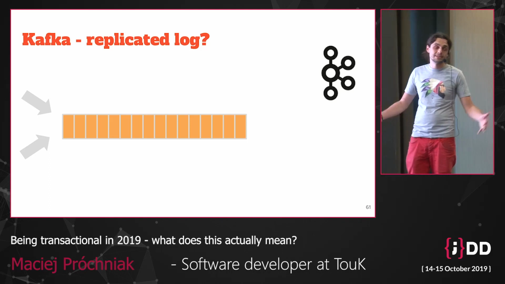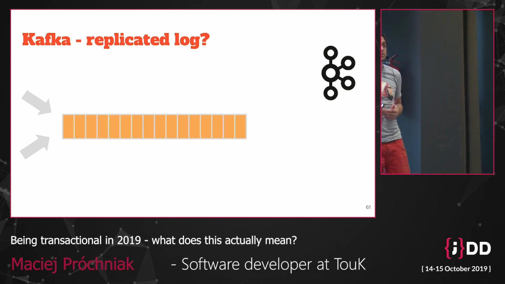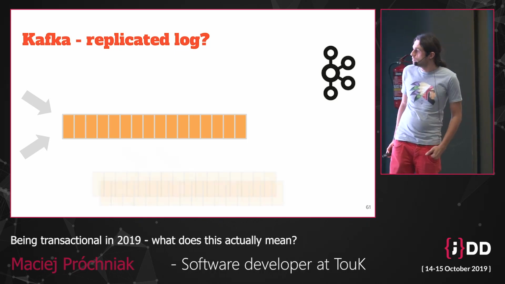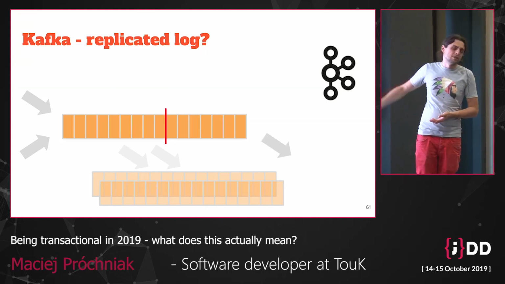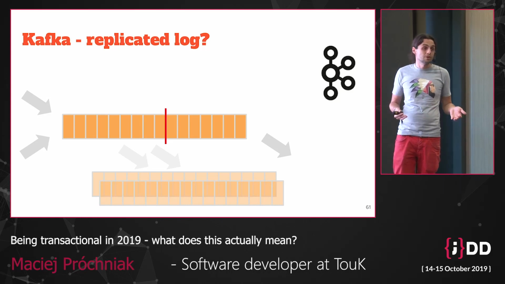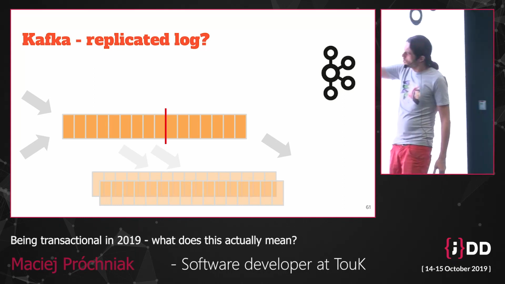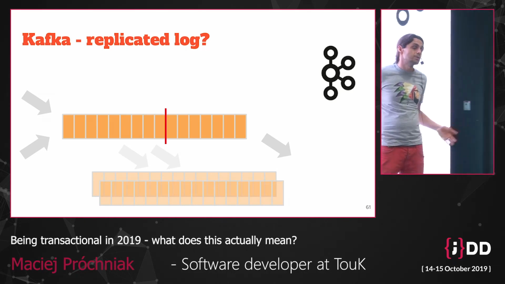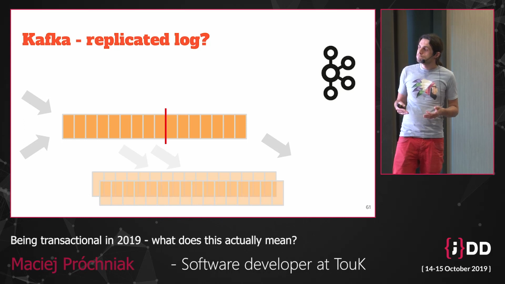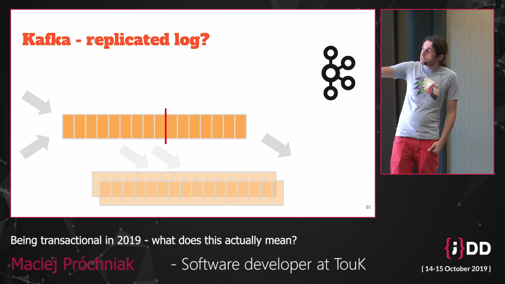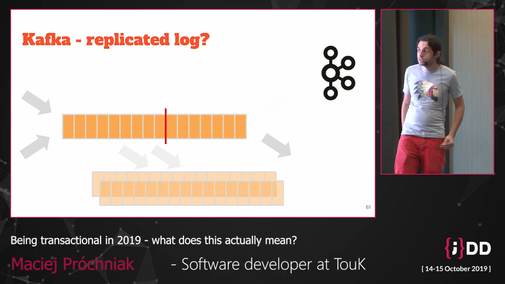It's not JMS. It's just a distributed log of events, right? So we can imagine Kafka as a set of log files where each producer just appends some lines of bytes. They are replicated somehow. Let's not get into the details. And the clients can read from these replicated log files just as they want, right? And the nice thing about Kafka is that it's the client who decides from which position in this replicated log file it wants to start, where it wants to stop, and so on and so forth. So this gives it not only a kind of simple architecture, of course the replication is pretty complex, but also it gives it many interesting properties